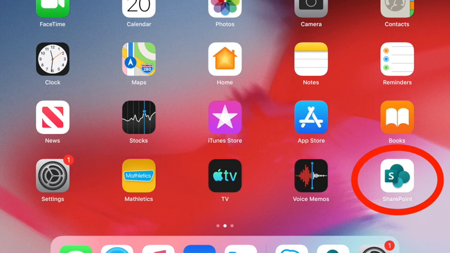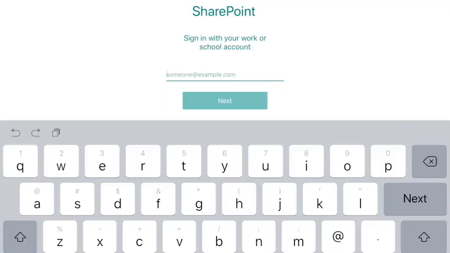Alternatively, other people may be using an iPad. If this is the case, they may be using the SharePoint app, which can be seen on the screen that I've got the red circle around there. When you open the app, you will be met with this screen here. You will need to put in your child's EQ MIS ID, followed by @eq.edu.au. This is your student's email address. Then the password that goes along with it.